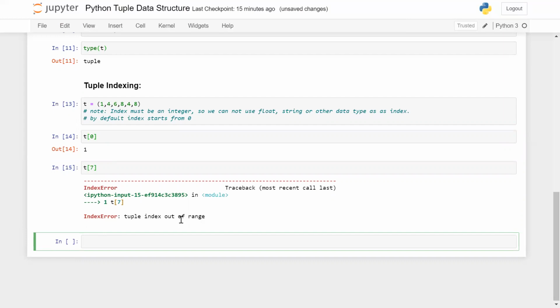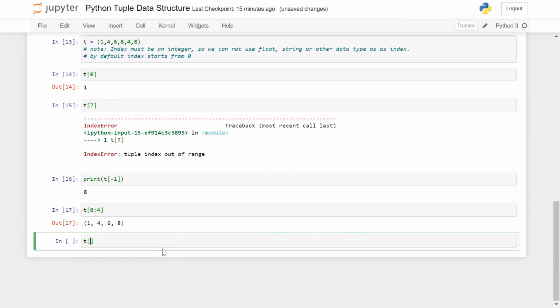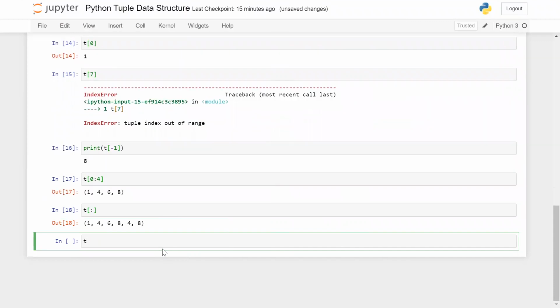So these things you need to remember. Otherwise, accessing elements works the same as we have seen in the list. We have seen these types of examples.